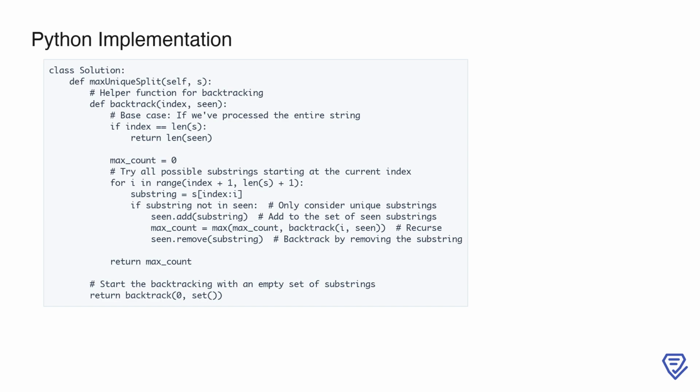The recursive process involves iterating through all possible substrings starting at the current index. For each substring, we check if it's already in seen. If it's not, we add it to seen and recursively call backtrack with the next starting position. After the recursive call, we backtrack by removing the substring from seen, ensuring that other recursive paths remain unaffected. The max_count variable keeps track of the maximum number of unique substrings found across all recursive paths. Finally, the top-level call to backtrack starts the process with an empty set and index 0, and the result of